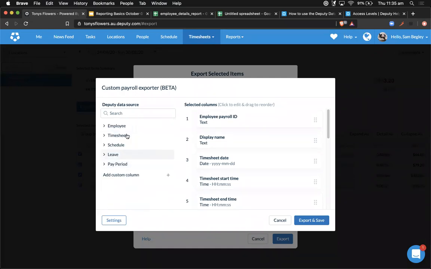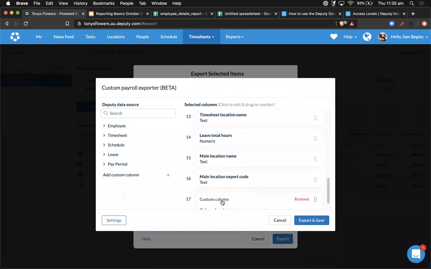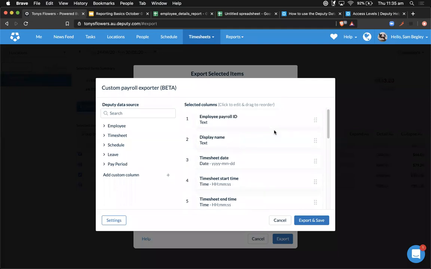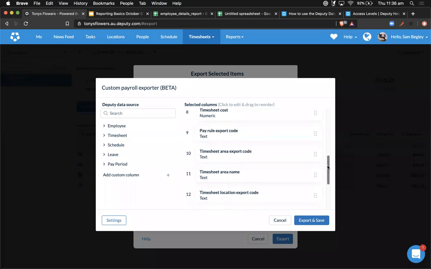We can make it really, really heavy in its data set, or we can make it quite light. On the left-hand side are all the possible custom fields. You can add your own custom fields, which is even cooler. Let's remove it for now, but it's basically free text, allows you to create a data point that you can then use later on. And on the right-hand side of the modal here is all of the fields that I currently have preloaded into this export file that I'm trying to create. As you can see, it's got a lot of really cool stuff like the payroll export code, timesheet area, that kind of stuff. If I go to export and save,